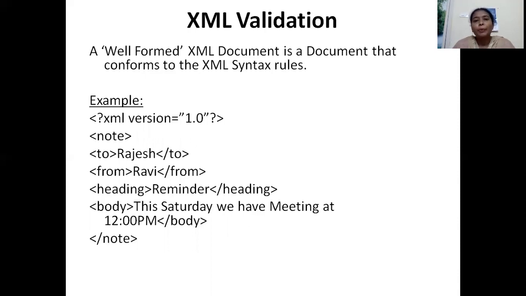What is a well-formed program? A well-formed XML document is a document that conforms to the syntactical rules of XML. If I write a program according to the XML syntactical rules, then I say that it is a well-formed XML